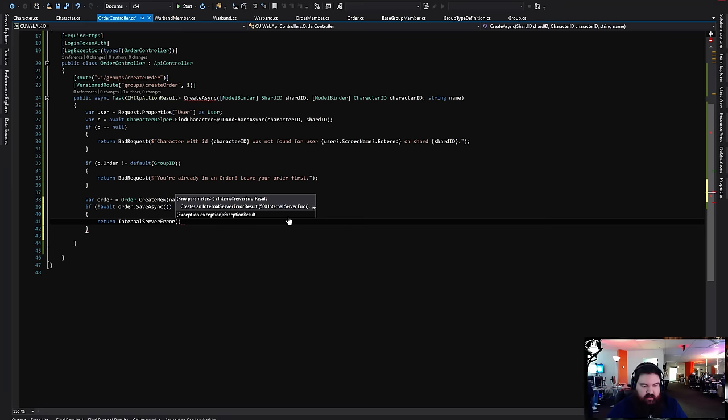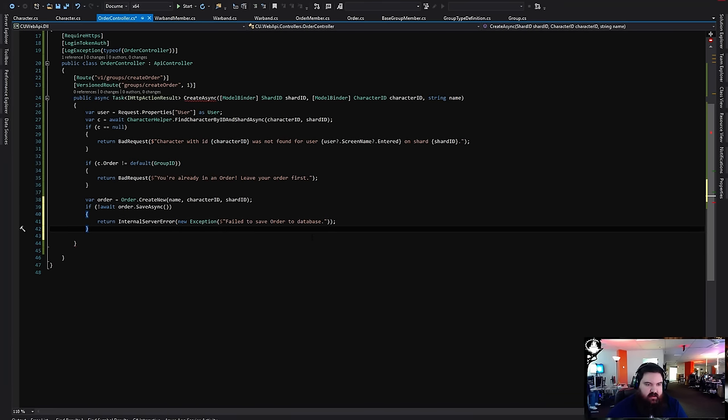Server error. Okay, and so the order is now saved, and c dot order equals order dot id. And we're going to save your user character.